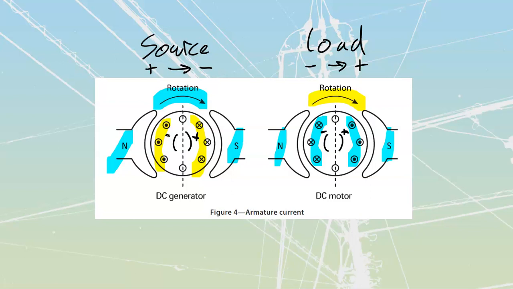Okay, reversing rotation. Reversing rotation, we can interchange anything on our right-hand rule. We can change the direction of the field flux. We could do that by interchanging the magnetic polarity of the field poles. Or I can change the direction of my armature current. That would be my center finger that I would then reverse, which would reverse my thrust. The more common way to reverse it is going to be to reverse the armature,